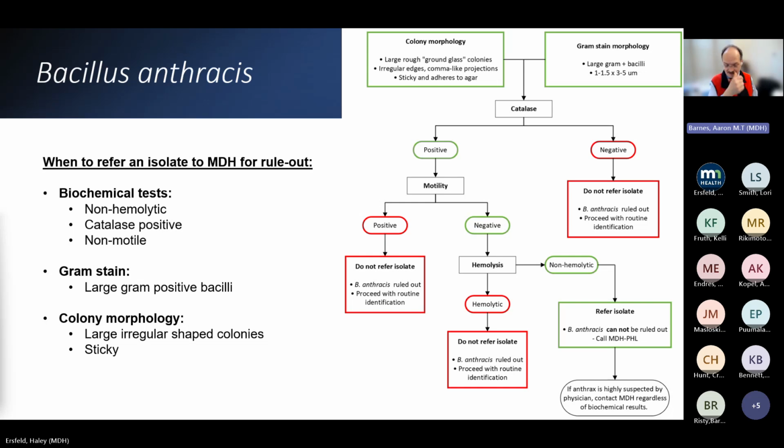This is an or thing. It's an and/or. You could have all those things. You could just have ones that are sticky and nothing else. That's okay. So if you have that, plus you have very large, squared off, boxcar-like gram-positive bacilli, then you're going